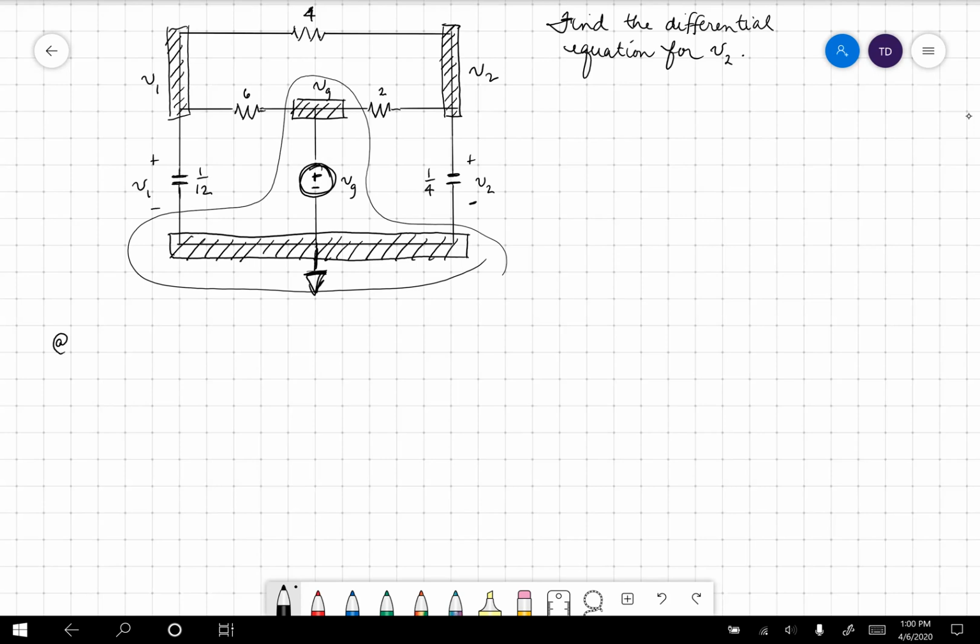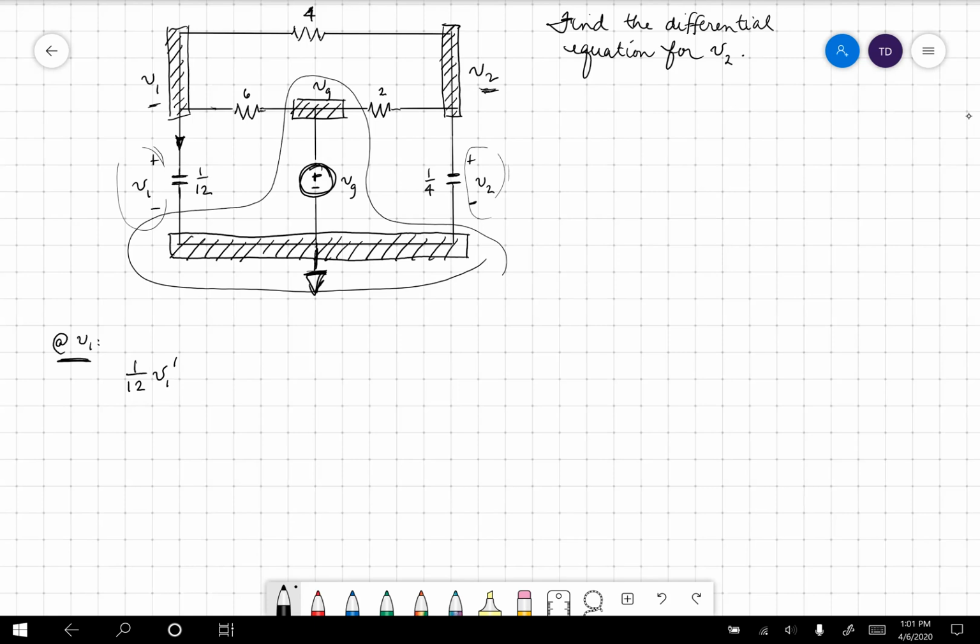So we'll start at V1. If we can, we want to use the voltages across the capacitors as our variables. And that's cool because V1 is the voltage at this node, V2 is the voltage at this node. So they are our node variables and they are the voltages across the capacitors. So it's ideal. That should make this a little bit easier. So starting here at this node, when I'm looking for this current, that's the current through the capacitor, it's C dV/dt, but the voltage across the capacitor is V1. So that's 1/12